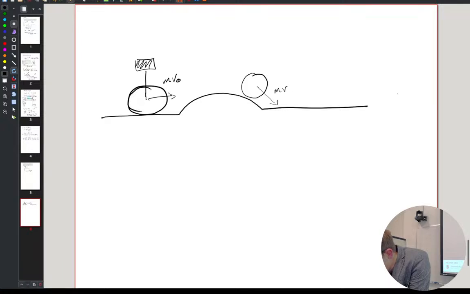I'm going to call it MV leaving. I have to change my momentum, go up and over the speed bump, and as I'm coming down off of it,